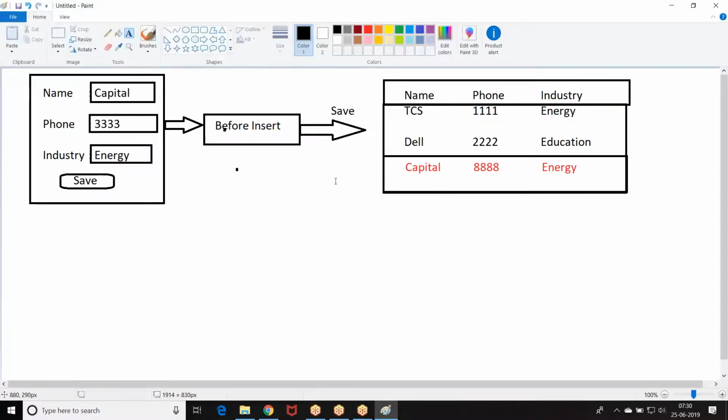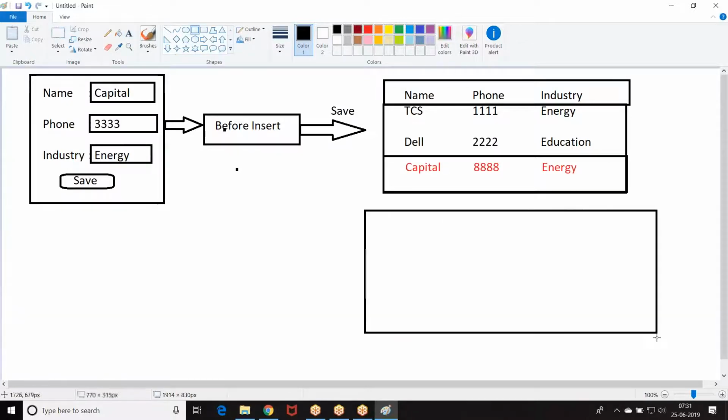What is the record I inserted? Capital 3333 energy. But finally, what is the record that is inserted to database? Capital 8888 energy.